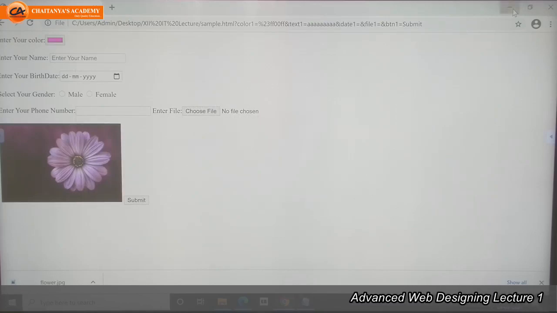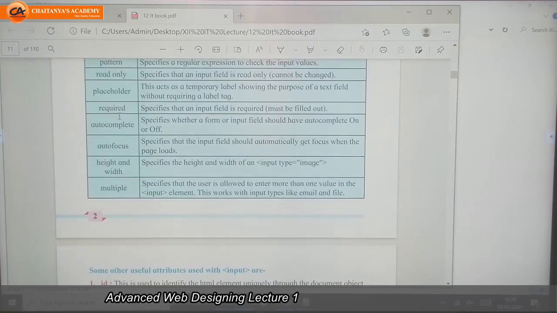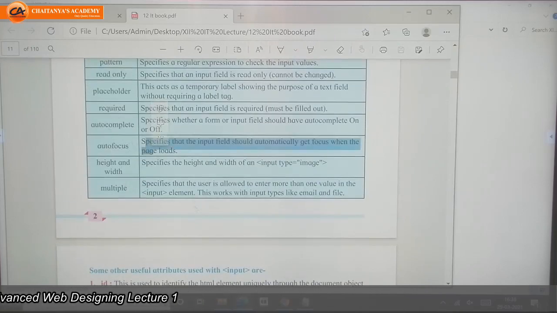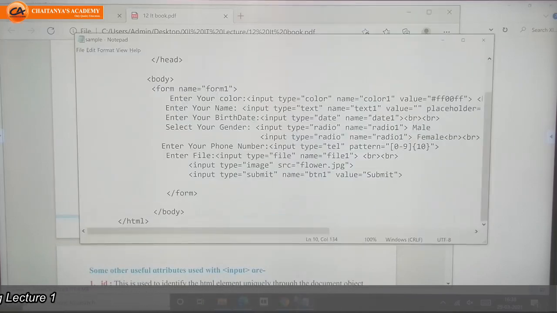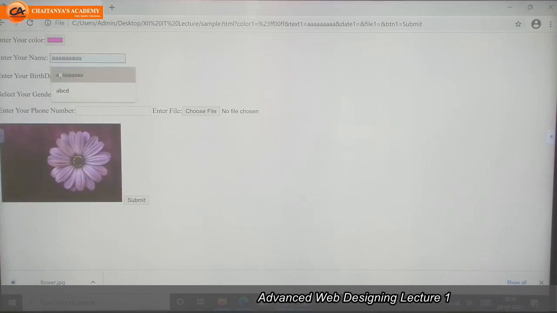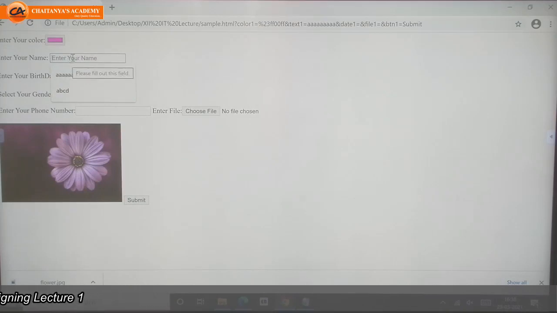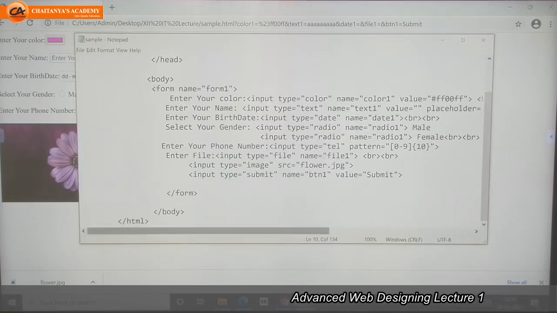Next attribute, autofocus. Autofocus means whenever I'm opening this web page, if I want to display the cursor in the enter your name text box, then I need to write the autofocus attribute here.